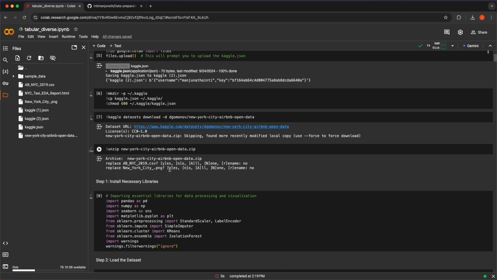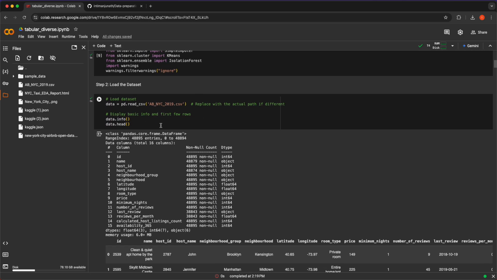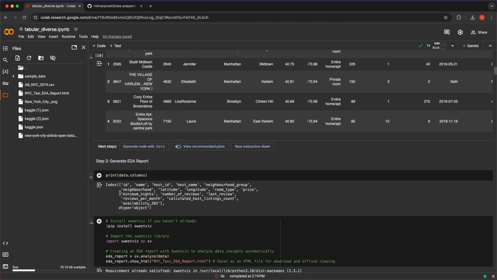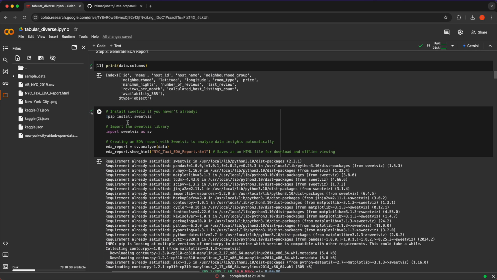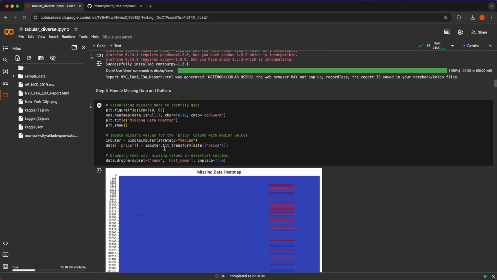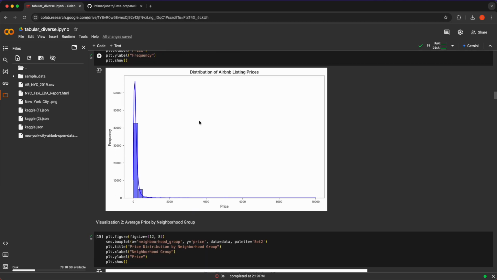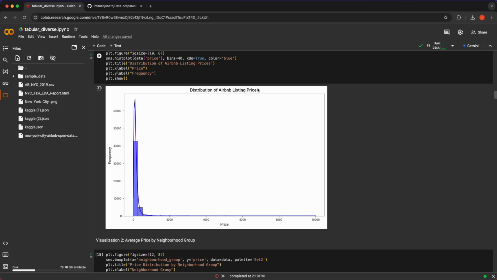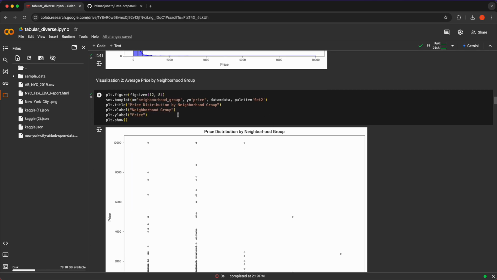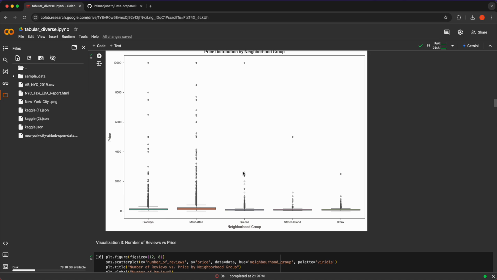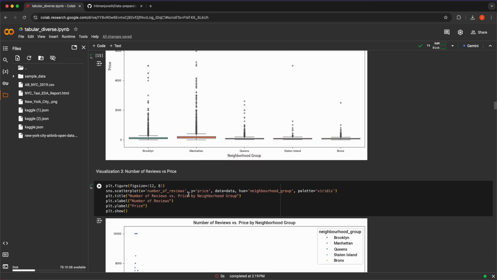downloading the data set, unzipping the data set, and these are the importing libraries, and here is the loading data and information of the data set. Post that, these are the total columns present in my data set, and I have installed Sweetviz, and from Sweetviz I have shown the HTML report showing what all there is in my data set. Posted these are the performing the missing value heat map, and this is the distribution of Airbnb listing prices versus, and these are the figure price distribution of the neighborhood groups, and this is